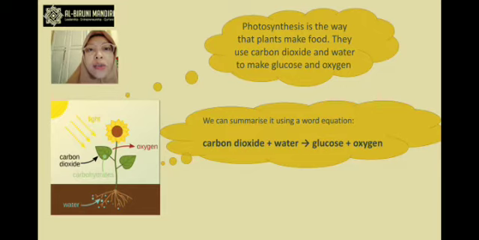It is important to have water, carbon dioxide and light. And then the result of photosynthesis is oxygen and carbohydrates. Okay, you can see the